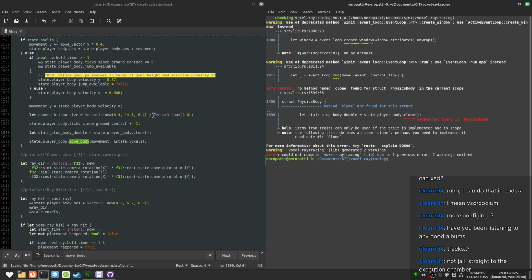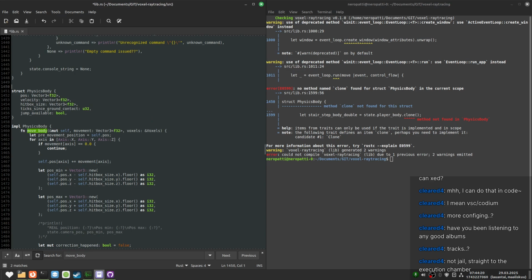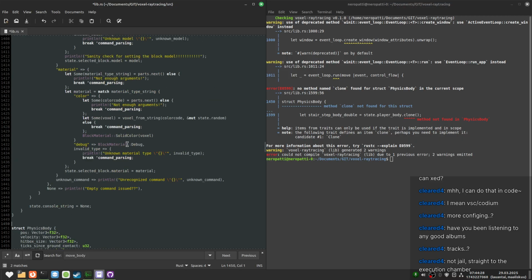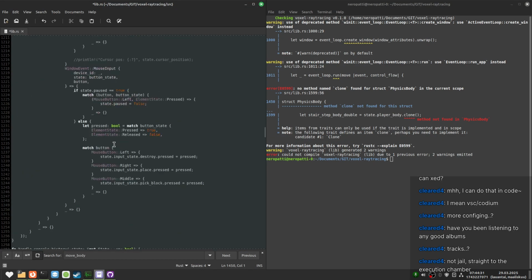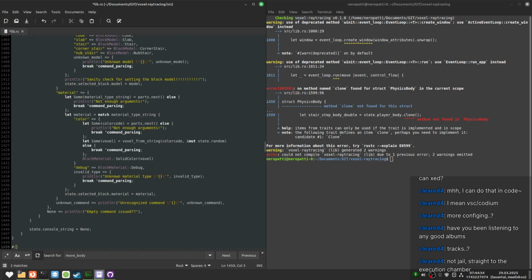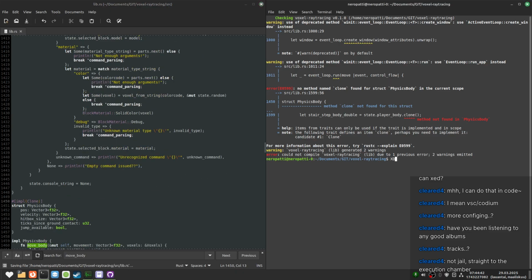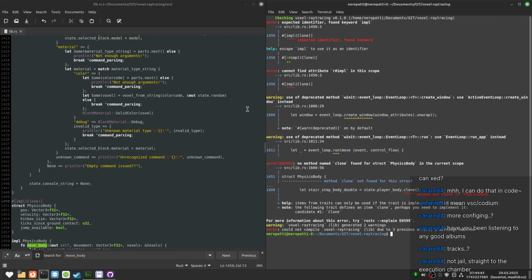And this is going to complain because we don't implement the clone. How do I do impl? I actually just forget. Was it hashtag and then the braces? No, I mean these. Oh, is this supposed to be outside? No, it's supposed to be here.